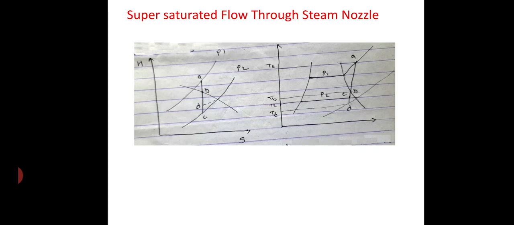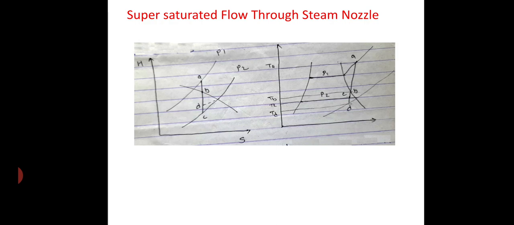The steam becomes wet. The expansion of steam from A to B and B to C is the expansion under thermal equilibrium. However, in actual practice, condensation of steam from B to C does not take place as the steam has extremely little time available for condensation. If we consider that steam expands from A to C, the time available is as small as 1 upon 10,000 of a second, and this time is not sufficient for steam to condense.